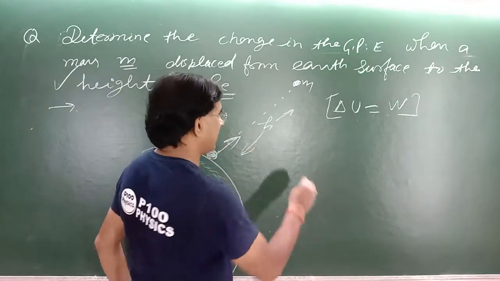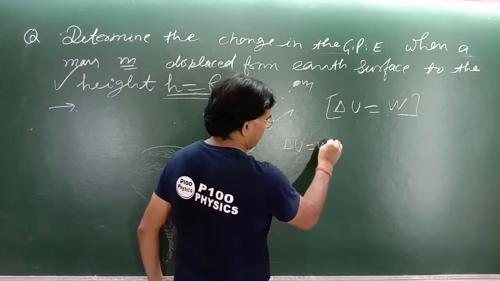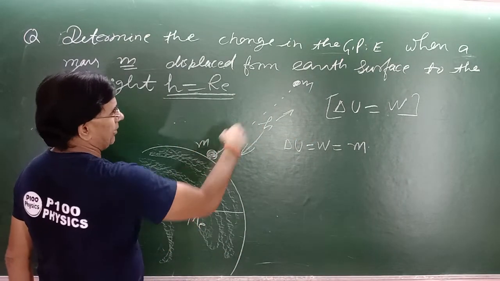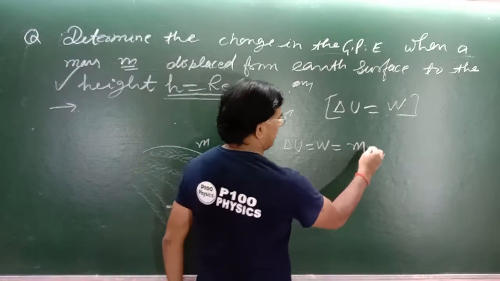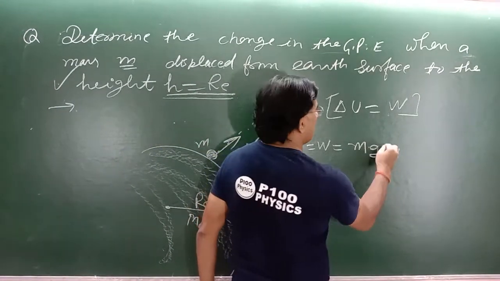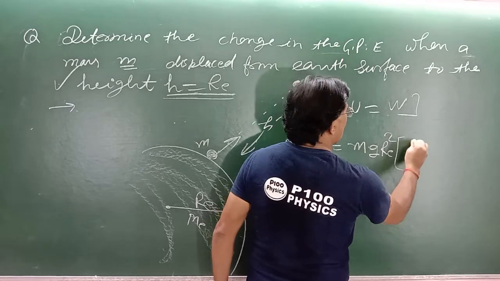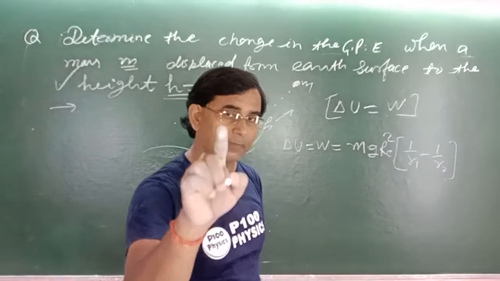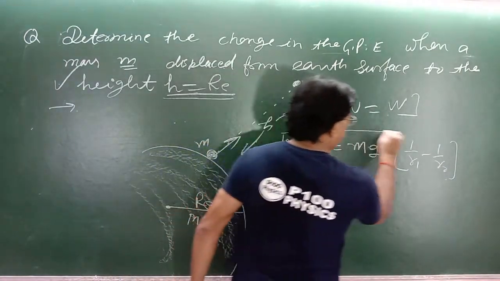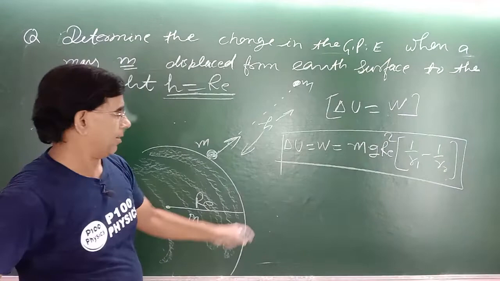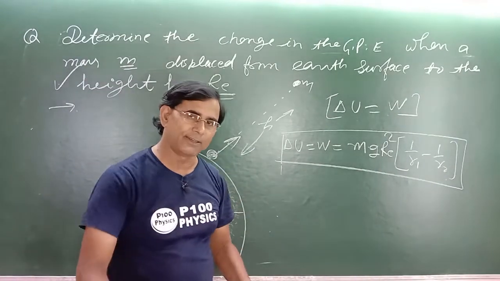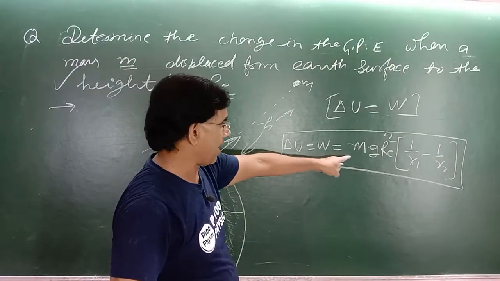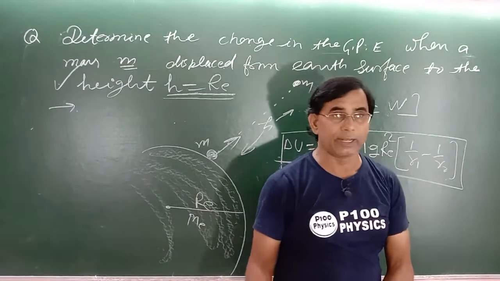formula. Keep in mind always, delta U equal to W equal to m g RE square into (1 by R1 minus 1 by R2), where m is the mass of the body which is shifting. This is a very fantastic trick, a very fantastic technique. Keep in mind. Underline this by the red pen. Delta U equal to W equal to m g RE square (1 by R1 minus 1 by R2), where R1 is